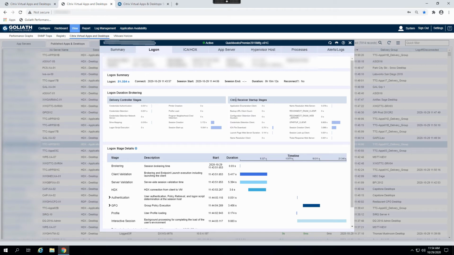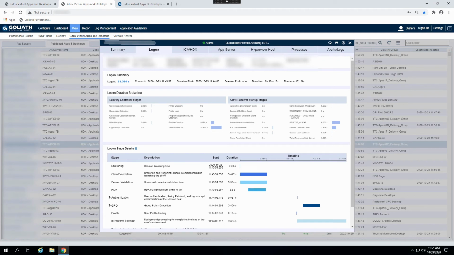If we look on this page at the top of the screen here, you can see what's going on during the brokering stages of the process. It's segmented: on the left, you're able to see the delivery controller stages. How I like to think about it is what's happening within your data center. And then you can also see what's going on at the client side with Citrix Receiver or Workspace app. And this is without deploying any technology to the user's endpoint location. You're able to see things like how long ICA file download took, or how long it took to establish the micro VPN connection. How long did it take for Workspace app or Receiver to go through its startup processes? Now, in this case,